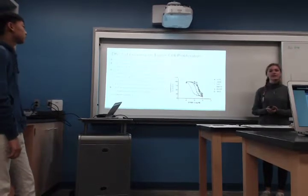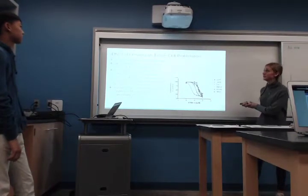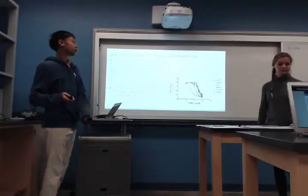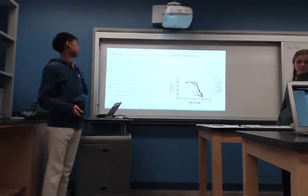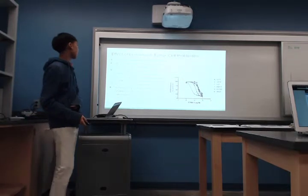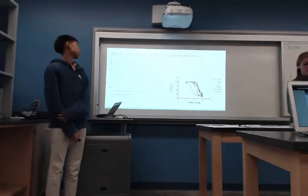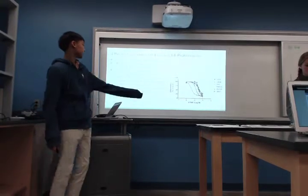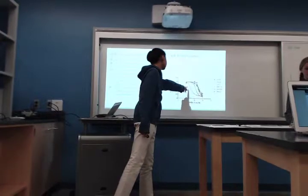So, Ethan's going to talk now about the... So in order to test this, the scientists used 6 cell lines which represent different tumors, and they performed MTT assays, which are basically tests to determine Lenvima's effect on proliferation. And as you can see in the graph here, there are 6 dose response curves